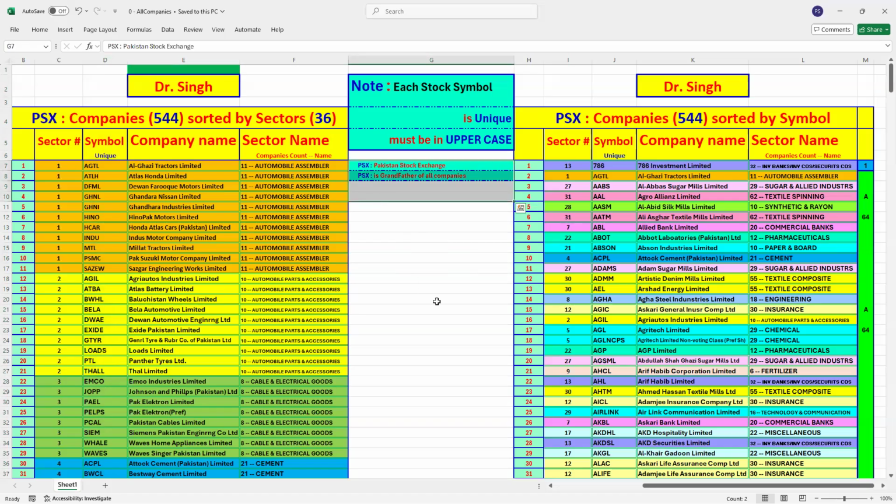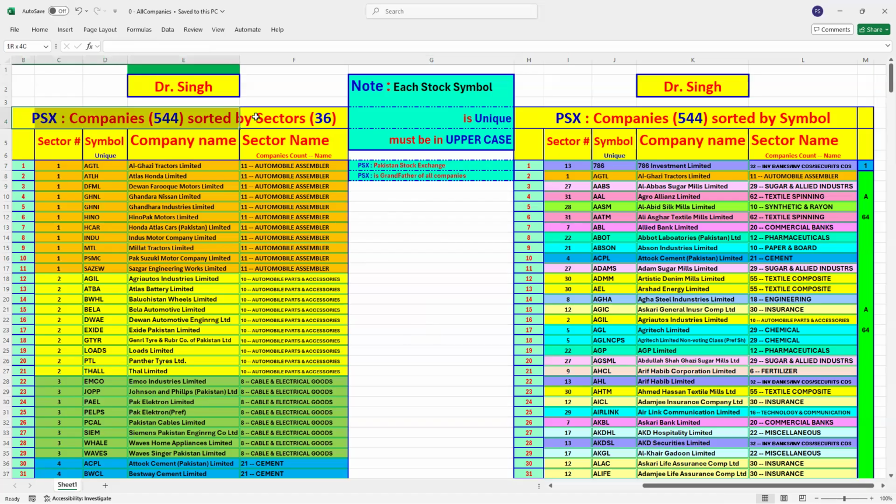Now we are here. The PSX refers to Pakistan Stock Exchange and is the grandfather of all companies. It basically looks after not every detail, but the main things. It's just like parents looking after the children, but the children do their own things. So their goals are different. The same thing applies over here, that it becomes like the grandfather of all the companies.